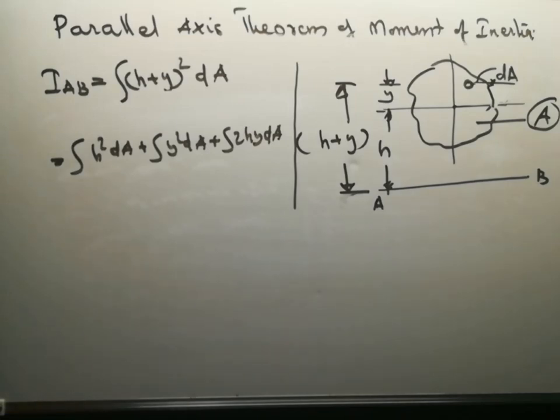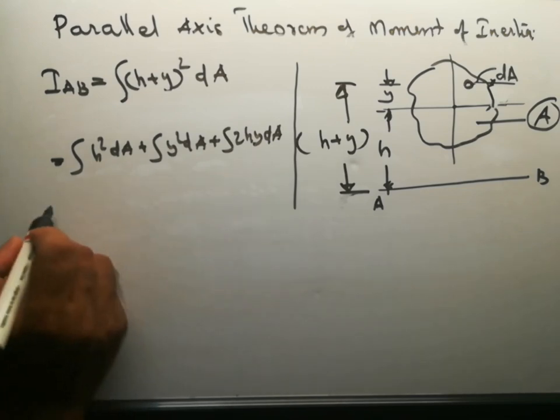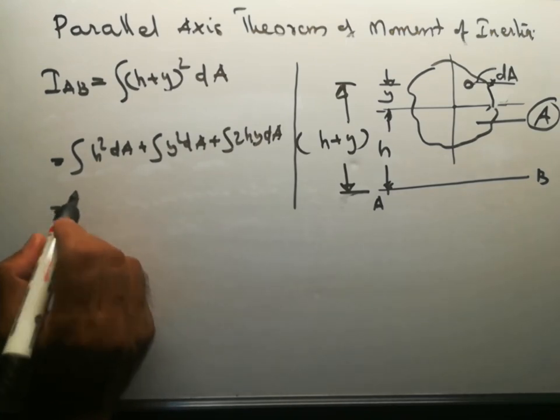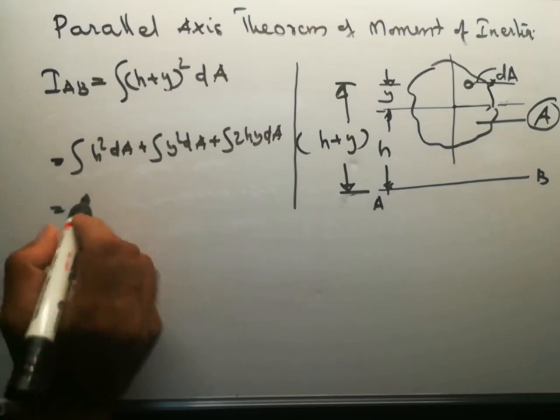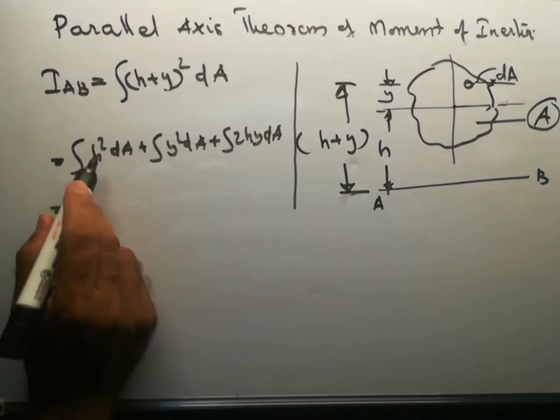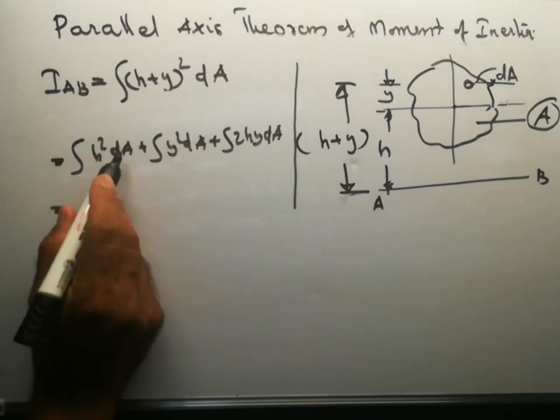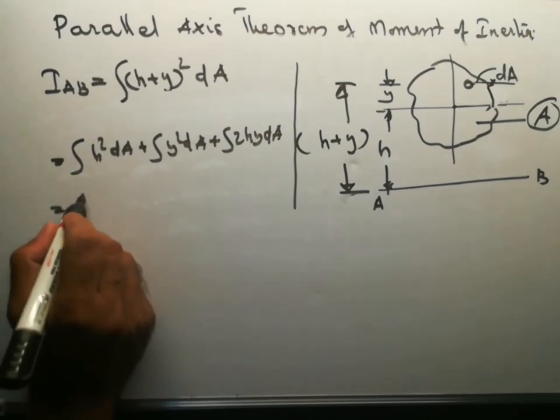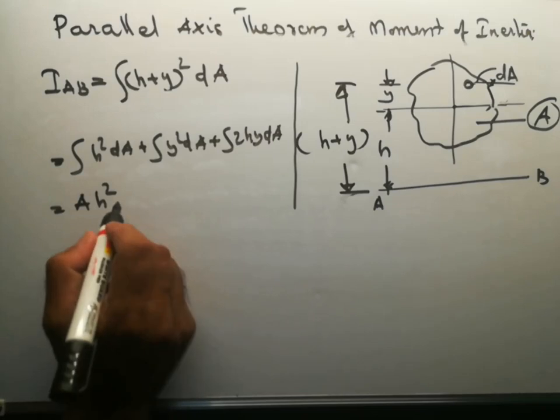Isn't it? So this will be equal to, integral h square dA is h square into integral dA, which means A h square, plus